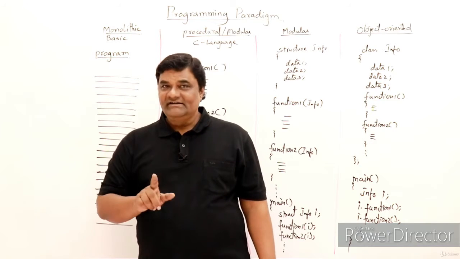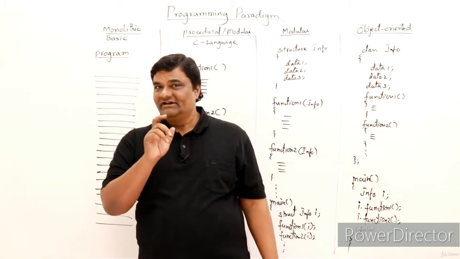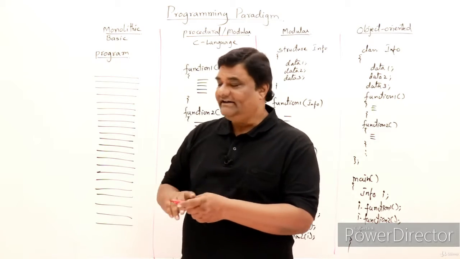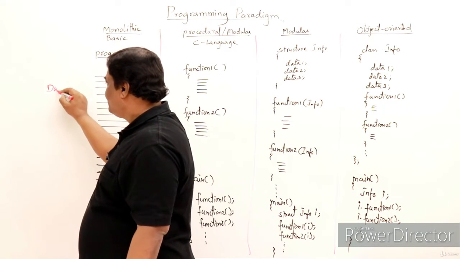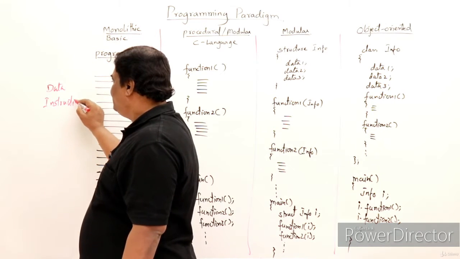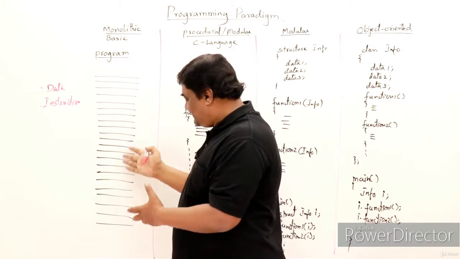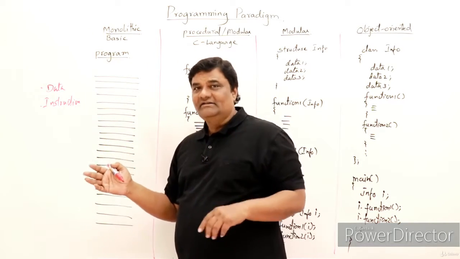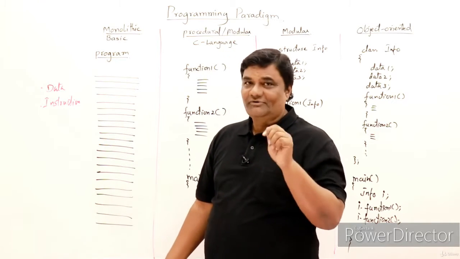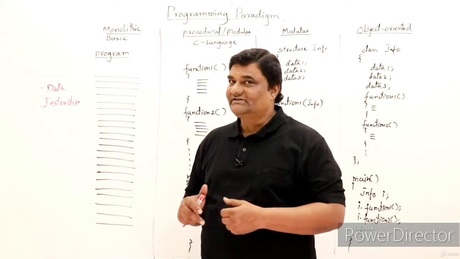In one of the beginning videos, I said that a program contains data and instructions upon that data. So if I list it here, two things are there: data and instructions. In monolithic programming, everything is mixed. These are the lines of a program. I have just drawn lines here, not the program code itself. Assume those are the instructions in a program. Let us understand the problems with this one.